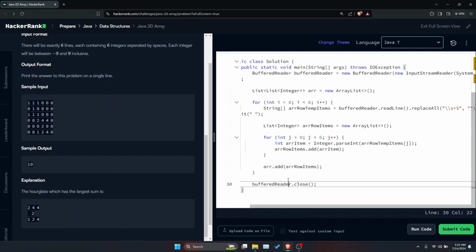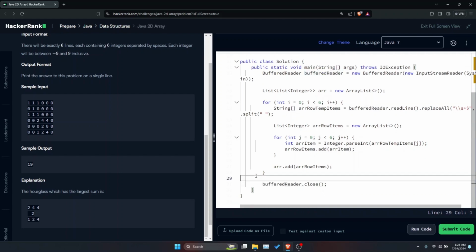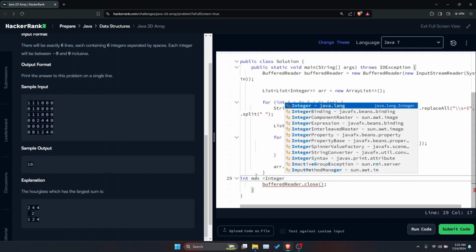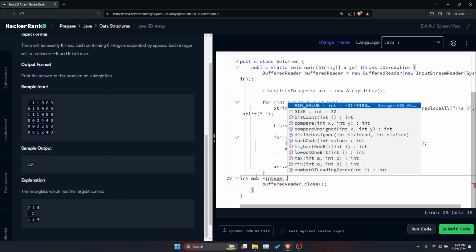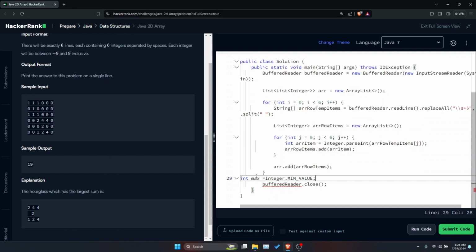So what we'll do is we will first take an integer max, and we would store the most minimum value in it, because that's how we find the maximum value. We have to initialize the maximum to some number so it can be updated if any number is larger than this number.